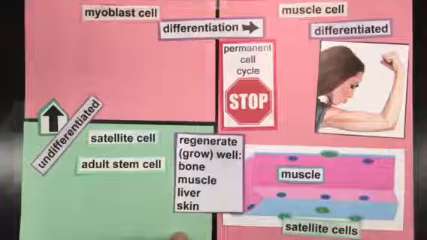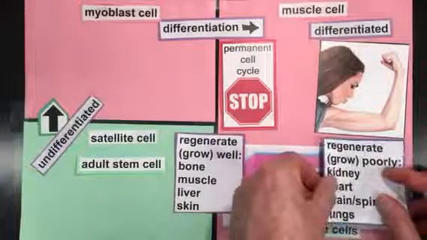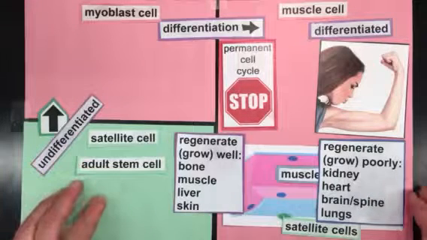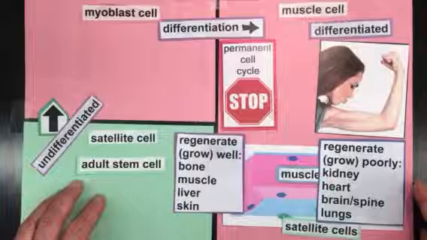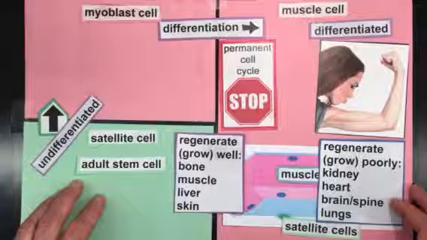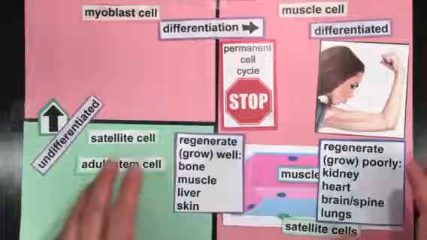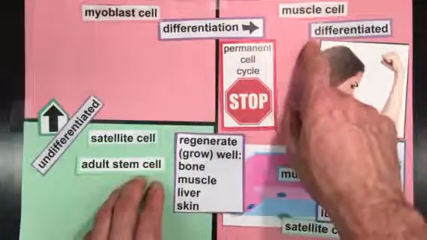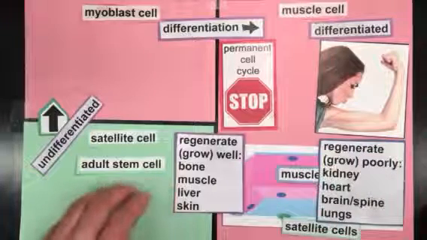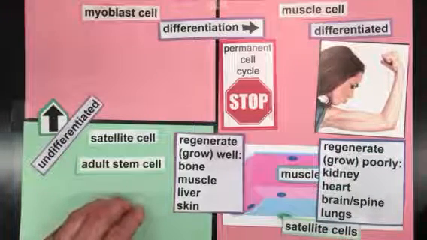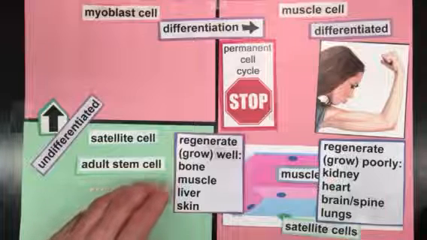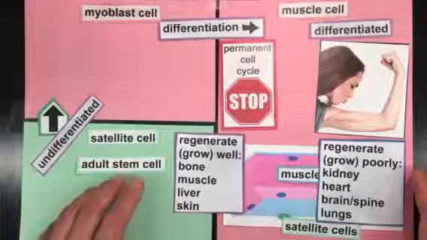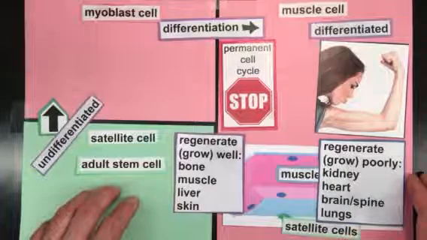On the other hand, we have tissues in our body that don't grow and regenerate well. Those include kidney, heart, brain, spine, lungs. For example, if a person is injured in an accident and paralyzed, it's very difficult to recover from that paralysis. In general, these tissues have cells that are differentiated. Some tissues include a variety of different types of mechanisms that allow the tissue to grow and recover. And it's very significant in medicine to understand those mechanisms.